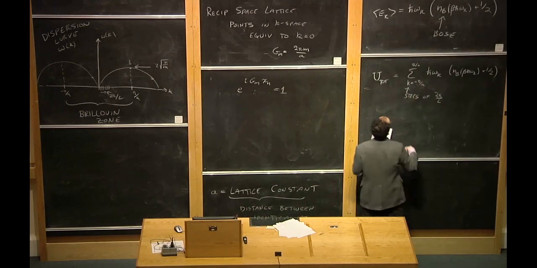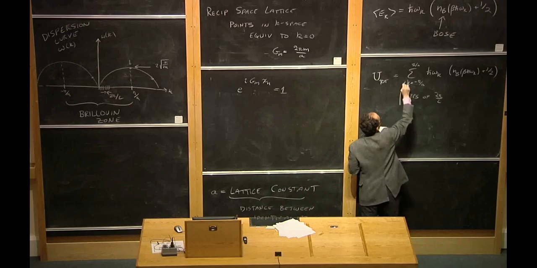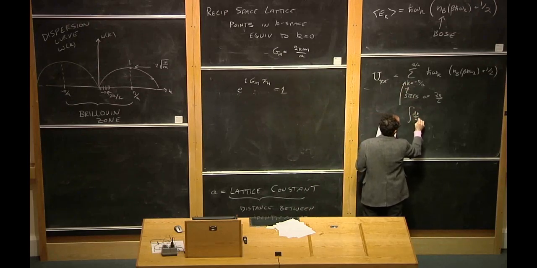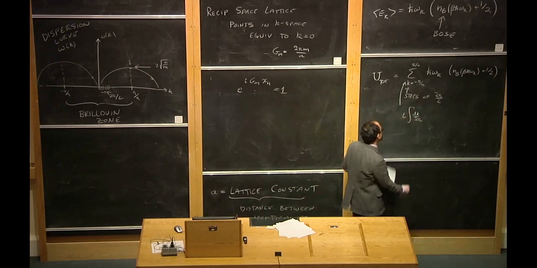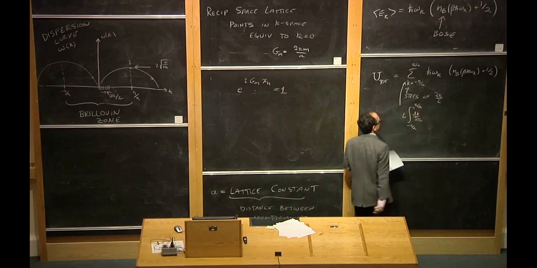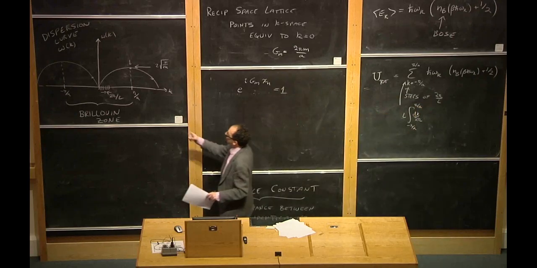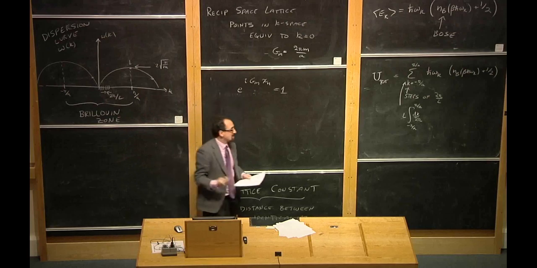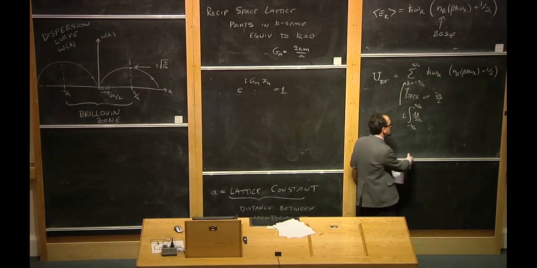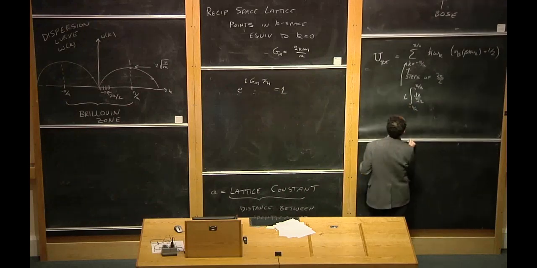Now, the usual way that we have done so many times is we can replace that sum with an integral, dk over 2 pi times the length of the system. And we only have to integrate from minus pi over a to pi over a, because once we're outside the Brillouin zone, we're just redescribing some of the modes that we have already previously described. And if we count the total number of modes in the system,